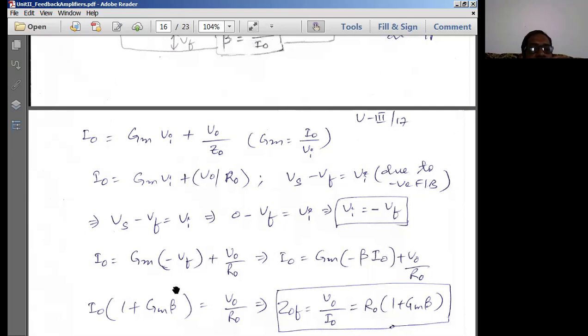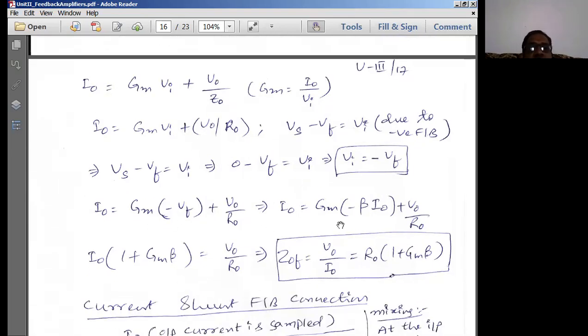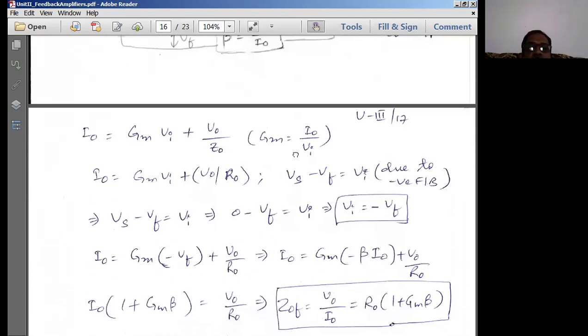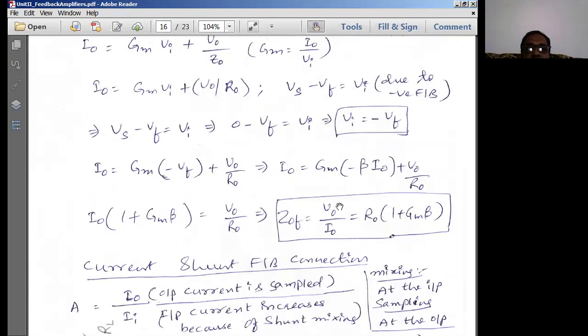So I replace Vi with minus Vf, plus V naught by R naught. We can expand this as I naught is equal to Gm into Vf, where Vf is beta into I naught. Then I will take the I naught terms from the right-hand side to the left-hand side, and take I naught common: 1 plus beta times Gm is equal to V naught by R naught. So what is